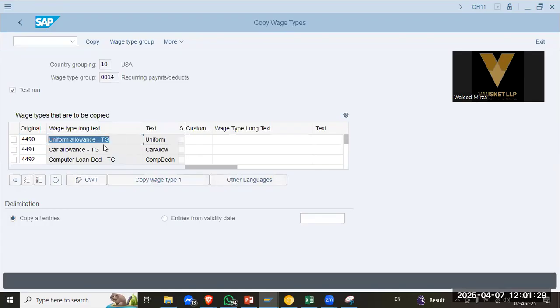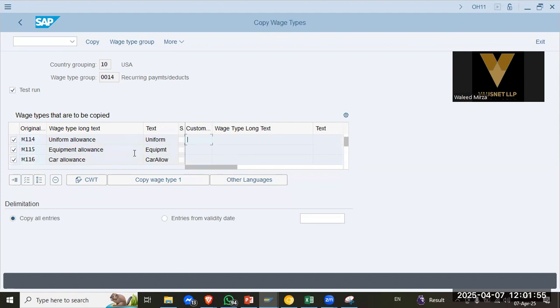This is uniform allowance, car allowance, and computer loan deduction. Page up, page down. So these are the allowances that we can copy. And the copy ones will be uniform allowance,